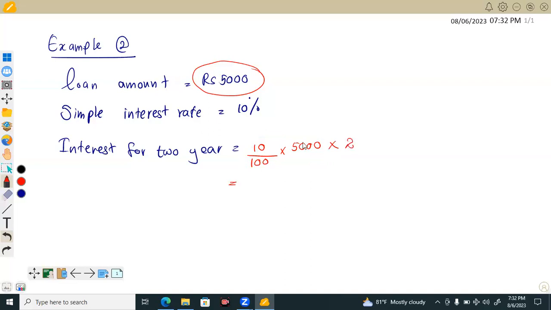It is because we calculate the interest for only the loan amount that we borrowed. Then here zeros can be cancelled like this. 500 times 2 is 1000 rupees. Okay,